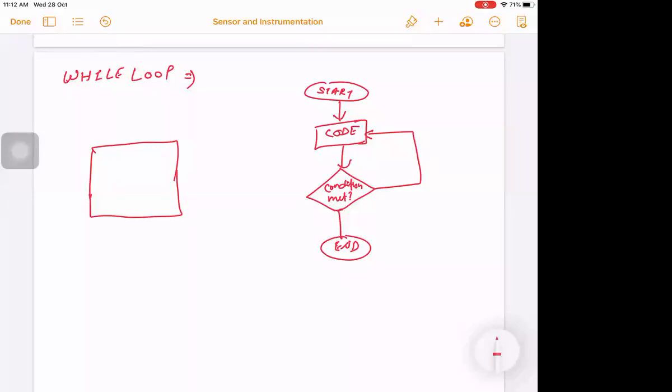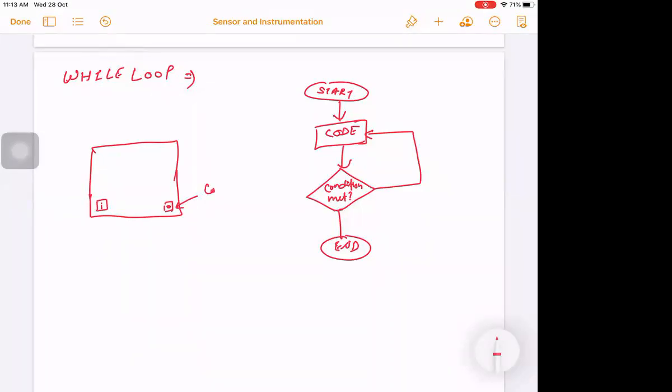When you select, you will get a screen like this. Here there will be a window, like this. This is for the while loop. When you select the while loop, a pop-up window appears like this. So what is this?